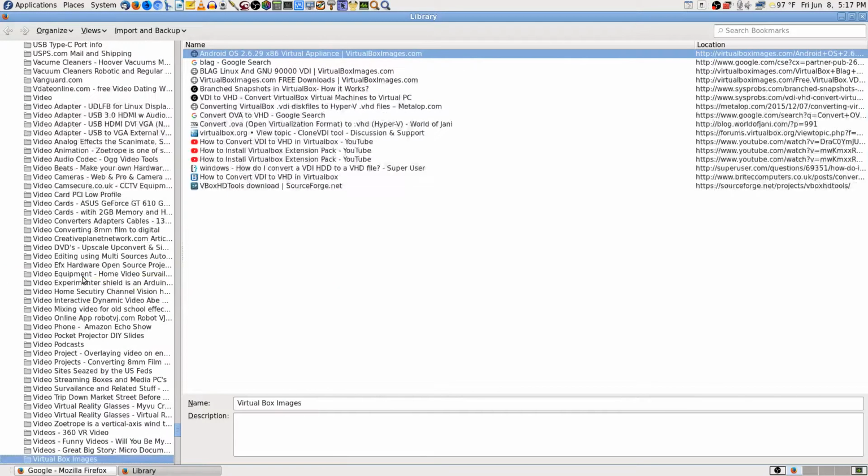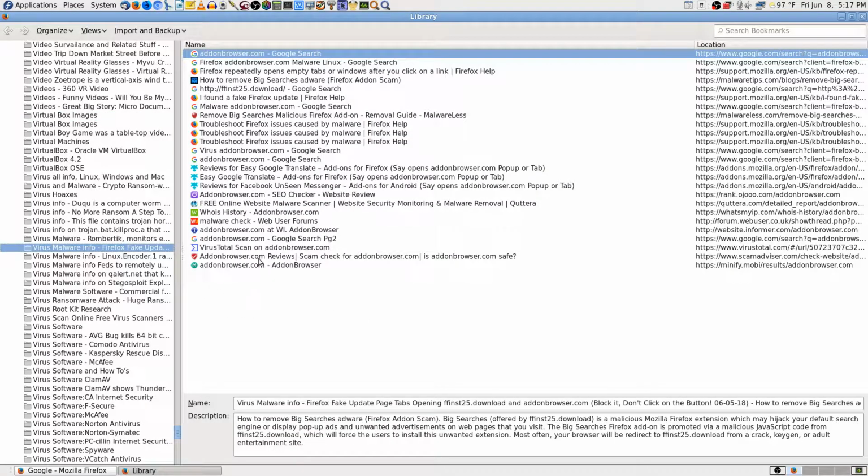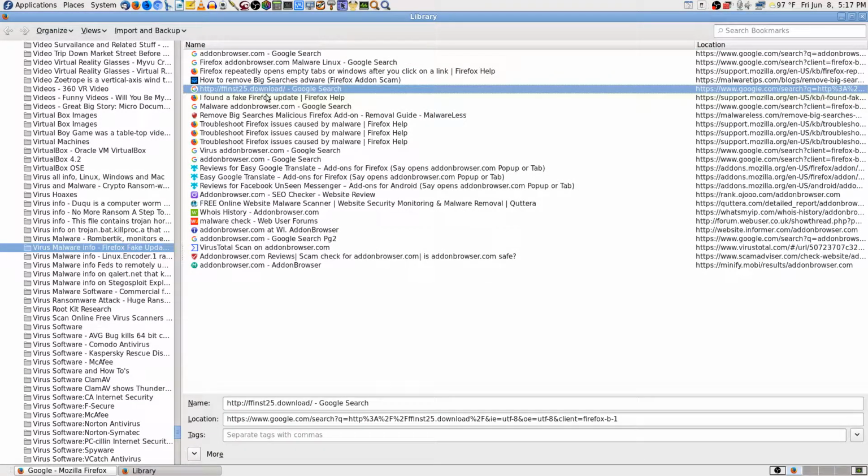Alright, okay, here's the updates. Here's my bookmarks about fake updates and addonbrowser.com. So yeah, this is a bad site. Definitely a bad fake download with no telling how bad. That malware that they were saying on that other site was able to get your private data and stuff. They were saying it could get your passwords and stuff, probably. So that's why I'm really concerned about it. So if I was to refresh Firefox,